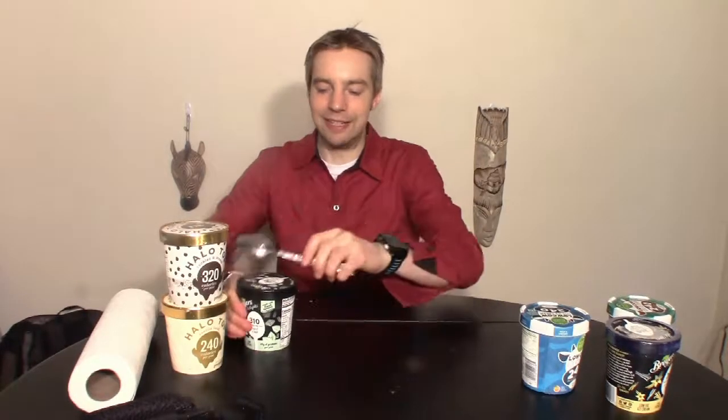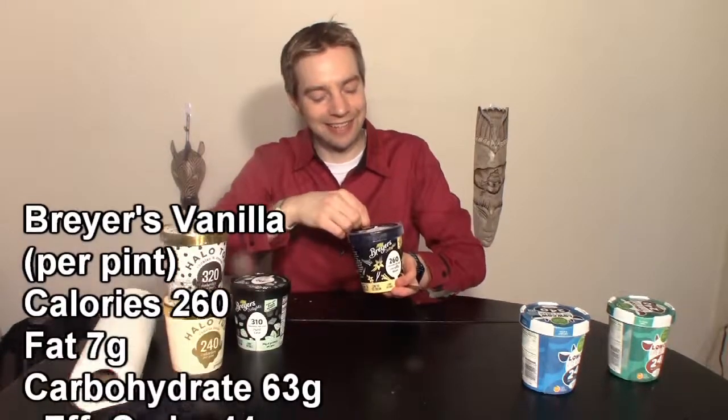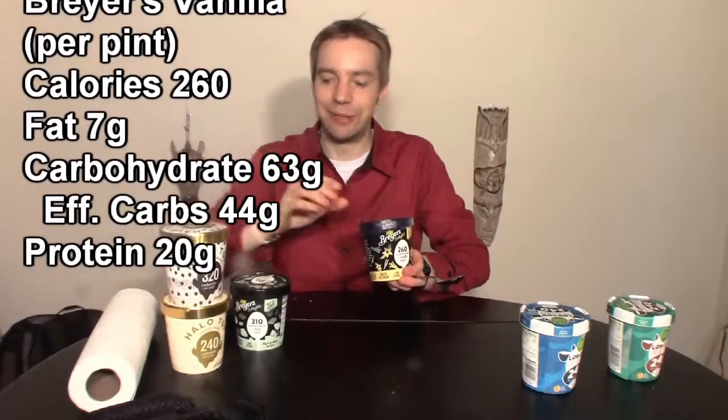So that's interesting, really refreshing. I feel like on a hot day like this, that mint ice cream is really nice. The chocolate chips add a little bit of crunch, a little bit of chew to it. So a little bit of texture I didn't expect to enjoy quite as much as I did. Again, a little bit higher calorie, but I'm gonna give this a 7 out of 10. Not too sweet, but nice and refreshing flavor. So I like that. Next up, we have the classic vanilla bean for 260 calories per pint, compared to the